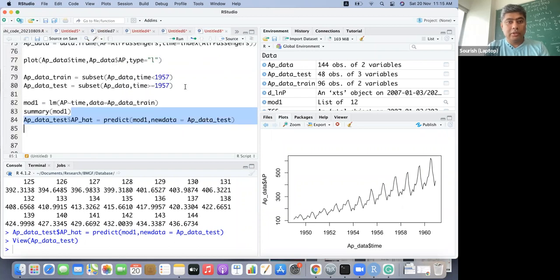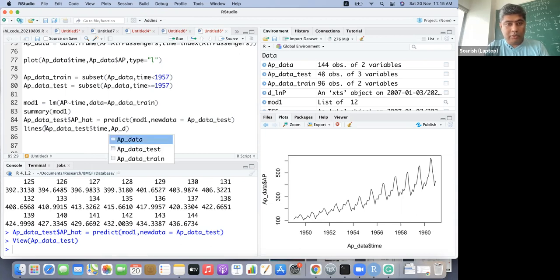And then what we can do, we can just draw a line from the AP test, with time, comma, AP hat, and color equal to red.